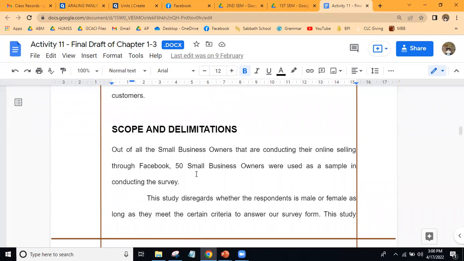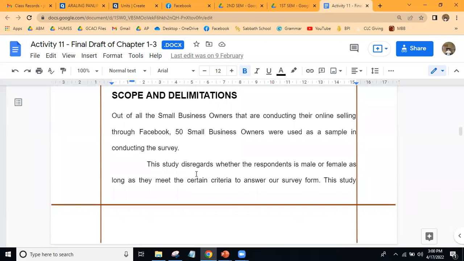Sa part na ito, ay sasabihin nyo naman hanggang saan lang ba ang scope or hangganan ng inyong research. Bakit? Bakit kailangan na ilagay ang scope and delimitation of your study? Because this is very important, mostly sa defense. Kasi kung hindi kayo nagbigay ng boundaries, maaaring ang itanong sa inyo is not related to your study. So you need to what? To make a scope and delimitation para hindi rin masyadong malawak ang inyong magiging study.